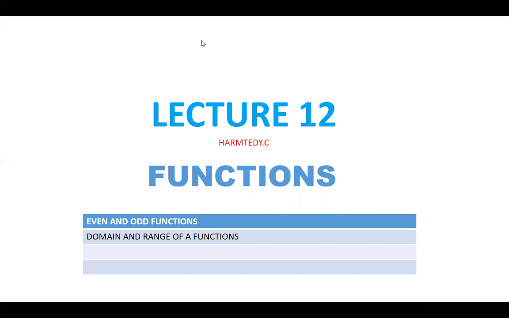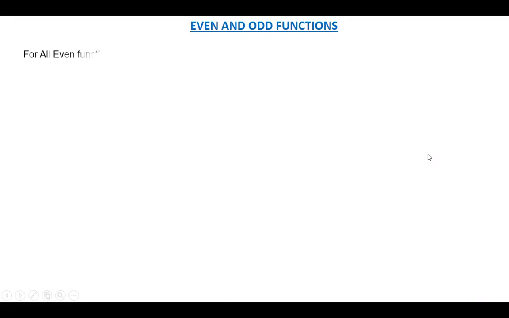And then apart from that, we also have to discuss how to find the domain and the range of different types of functions. Yeah, so let us quickly begin. So the first thing that you need to understand when you've been asked, or if they